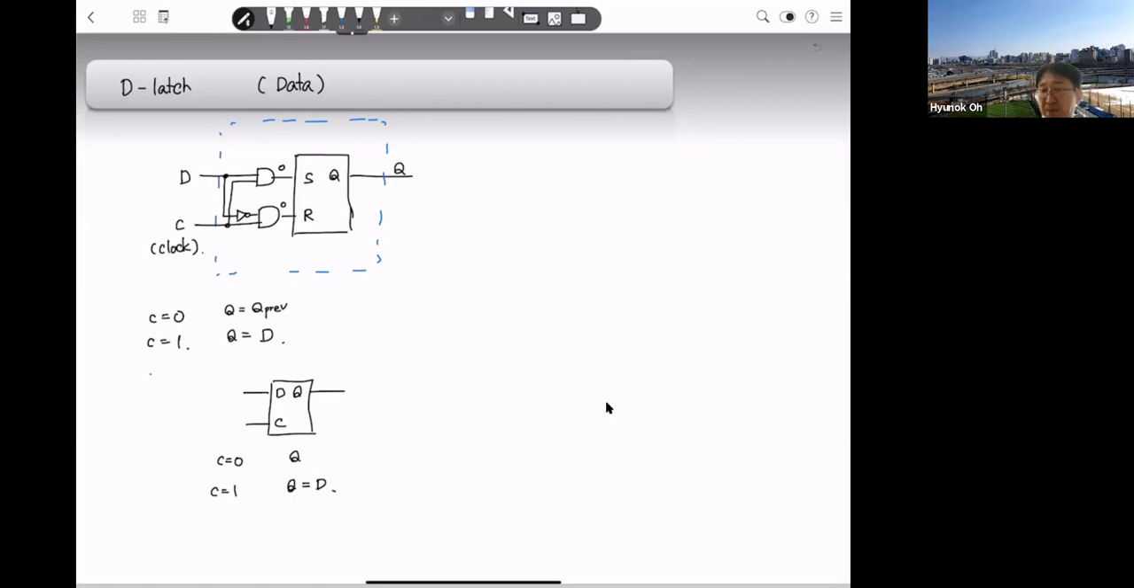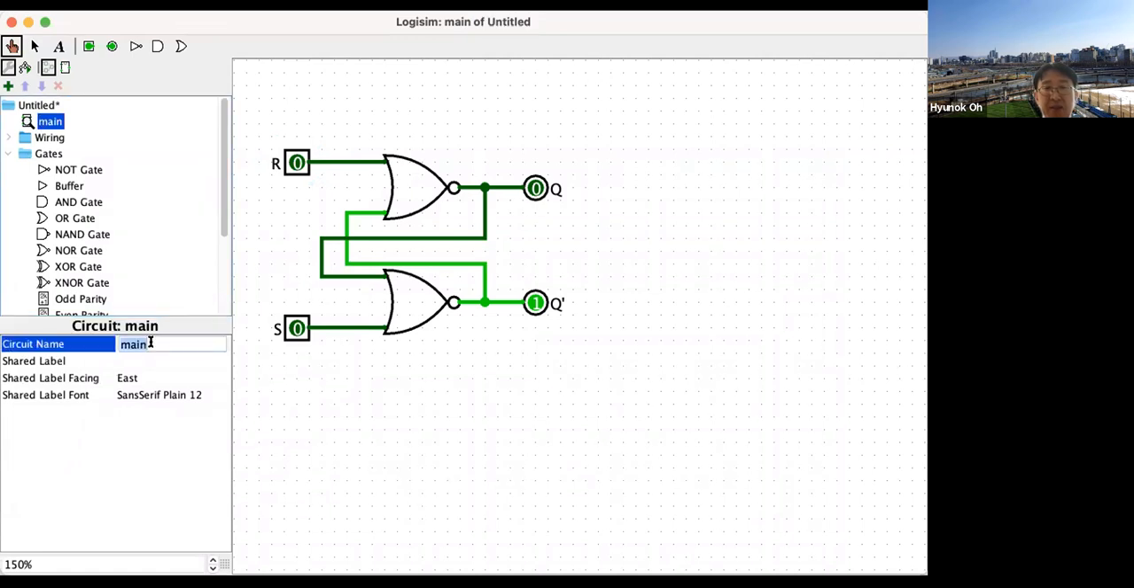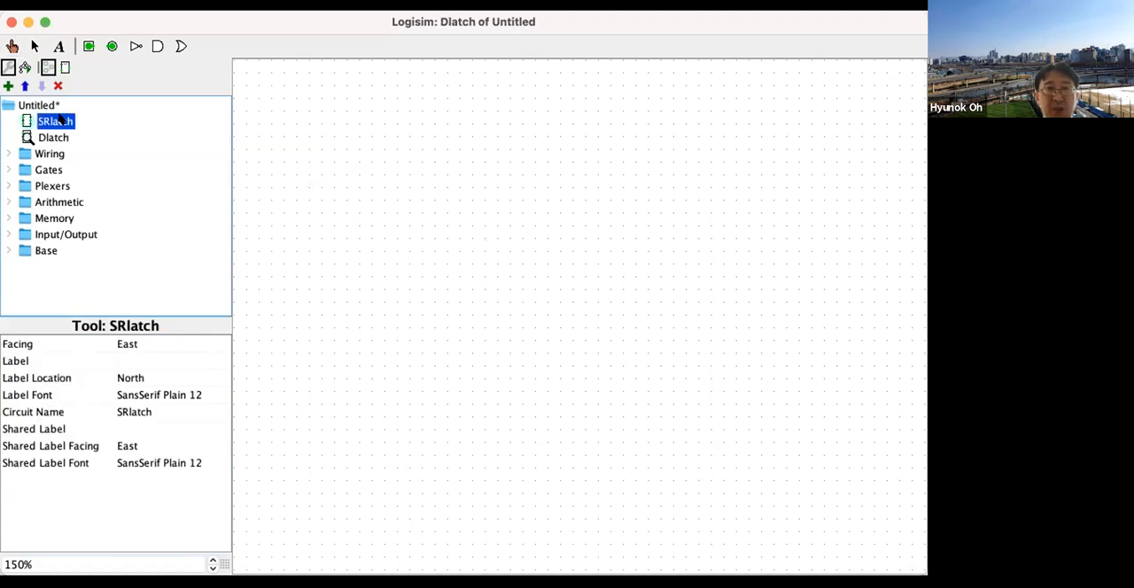Okay, so let's go to the logicsim. We will try to draw this D-latch. Let's change the name of this schematic to SL latch. Okay, so now this is SL latch. Then let's create a new one, latch. Okay, so using this SL latch,